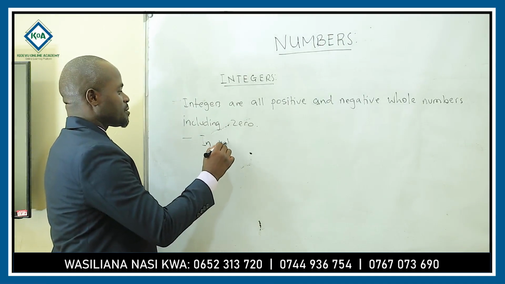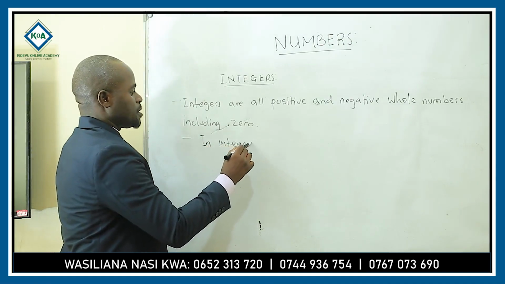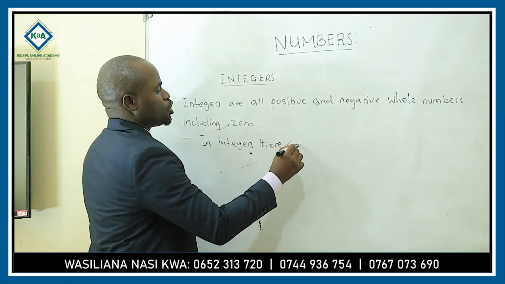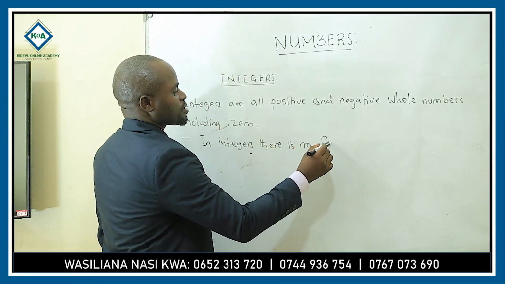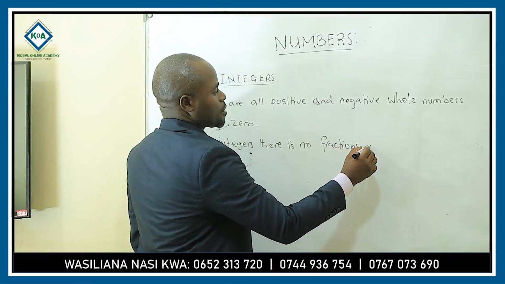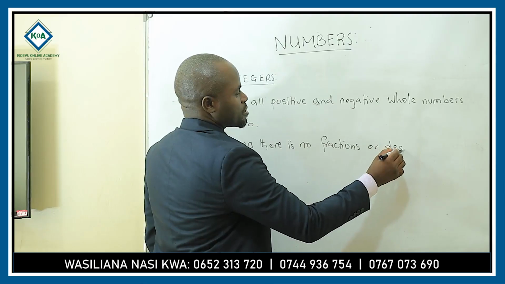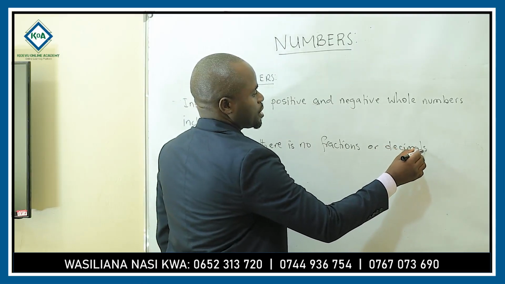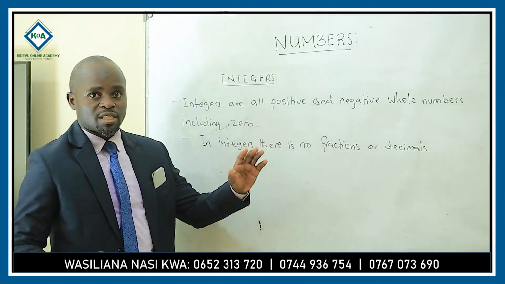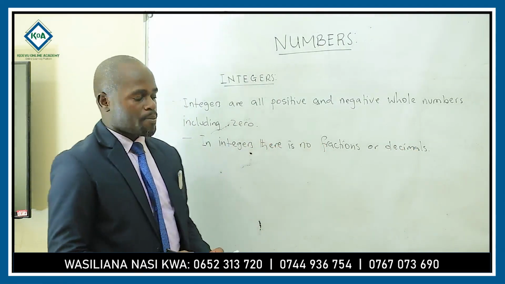In integers, there are no fractions and no decimals. So if there are no fractions and decimals, it means integers deal with whole numbers. For example,